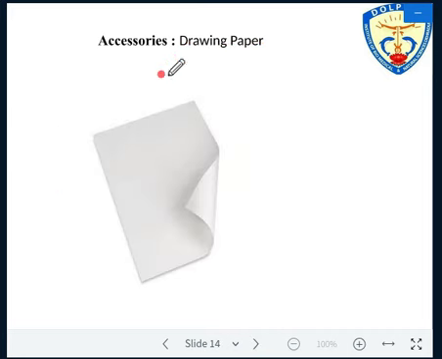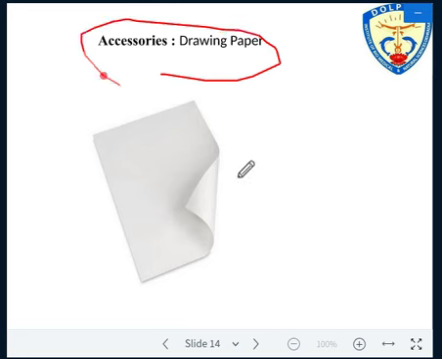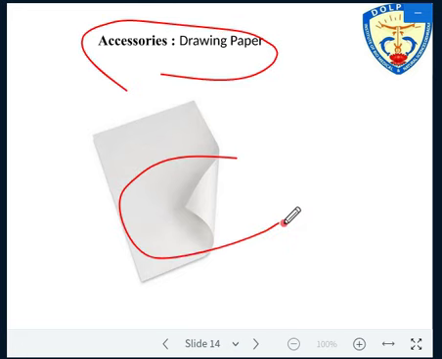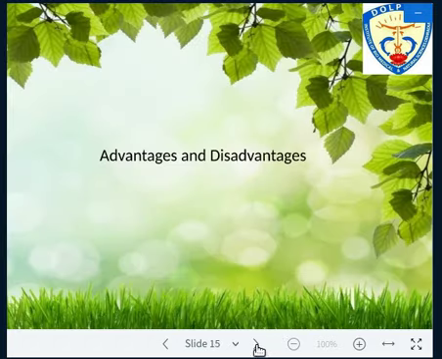And then we need drawing paper and other drawing accessories. Drawing paper we require that. Then, what I am saying, you need pen and paper. Then other drawing accessories, you already know the pen, paper. Then you need some eraser, some other kind of drawing accessories that are there. So these are the basic instruments and the basic knowledge of plane table that I have discussed with you, right?